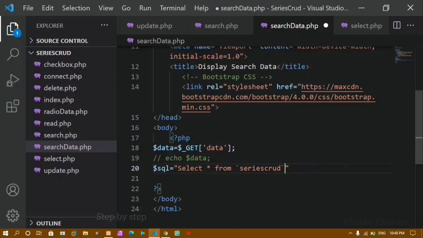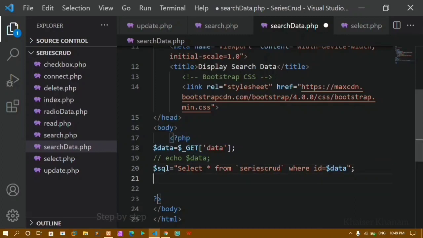Select star from table name. I'll give the condition where my column id is equal to this particular ID. When it is equal to this ID, only that data should be displayed to me. You don't have to close it in single quotes because this ID is an integer, so we don't have to use single or double quotes. You can directly write the variable name, and what we are using here is known as backticks.